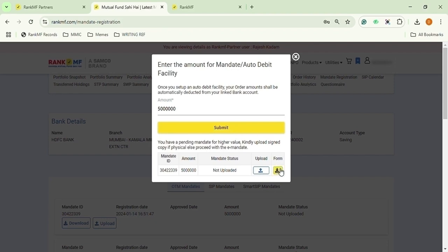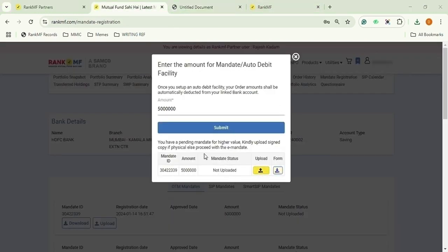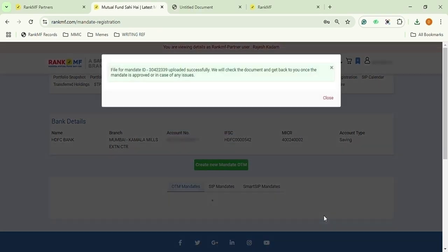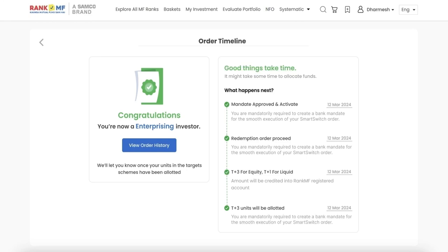A copy of the mandate will be downloaded on the device. Get your client's signature on the mandate form and upload the signed document. Submitted mandates typically get approved within 3 to 5 working days. Once approved, the on-track order will be executed automatically.